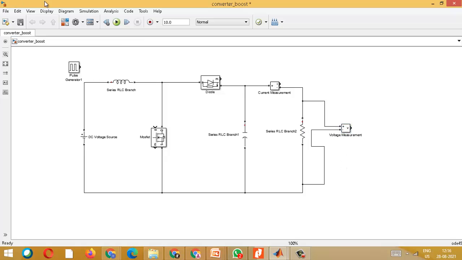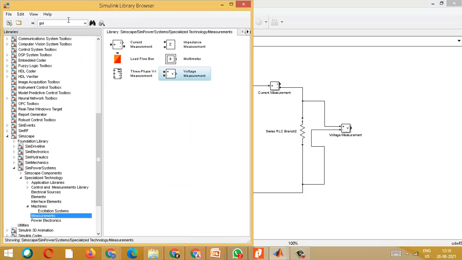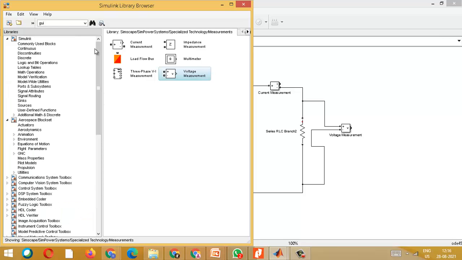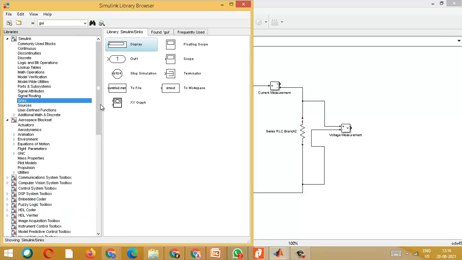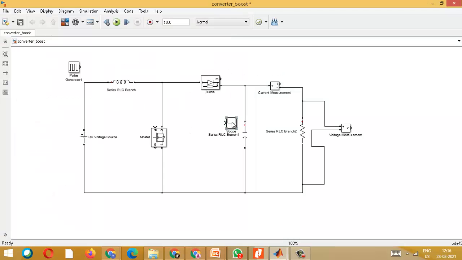Now to measure this I need a scope. The scope is available in the commonly used block set. I require one scope for current measurement, another for voltage measurement, and similarly one for input side measurement. Just right click and drag, and you will get one more.